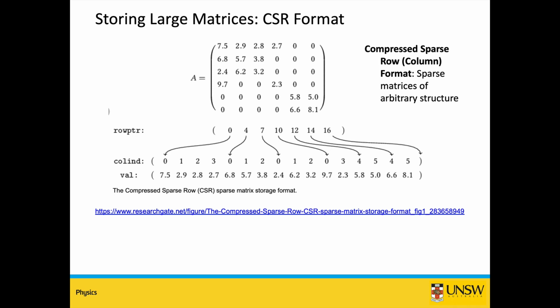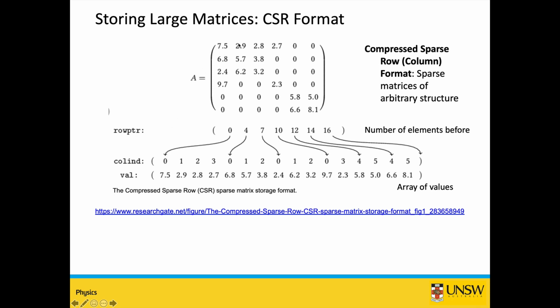And so one other format that is very popular and very commonly used is the CSR format, as it's called, compressed sparse row, or it can be compressed sparse column format also. Both are the same thing. So over here I show how this works. There is a row pointer and there is a column index. Let us look at the first non-zero element, which is 7.5 here, and it's at the start of my row pointer. So my row pointer is 0, and then the column index for that is also 0.